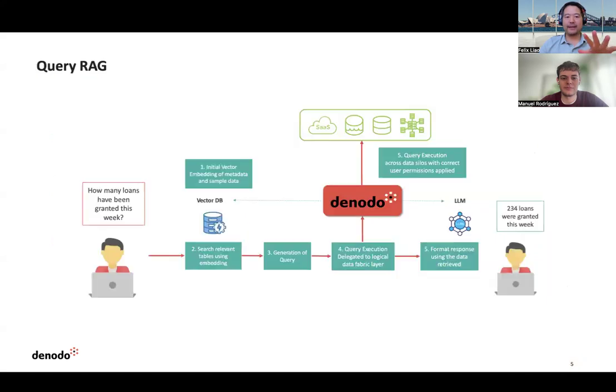Okay, so that's RAG. We actually gotta switch that up and talk about query RAG. I think most of you who have been involved in this area have probably heard of RAG and looked at many examples of RAG, which by and large are focused around unstructured data, PDFs and text documents, and how you can chunk the text, embed it and so forth. But we're a data management company, and we've been working with a lot of companies and customers around how we implement the RAG pattern around structured or tabular data.